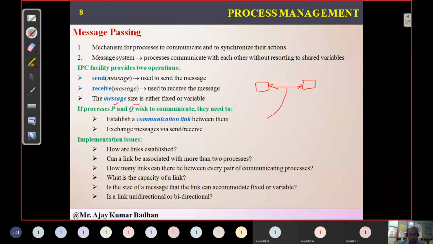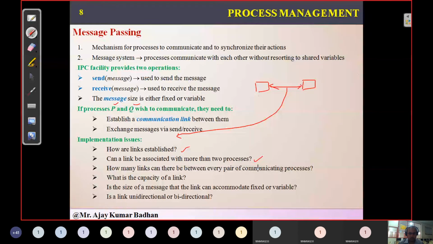Now this communication link can have certain issues, like how this link can be created. Whether it is associated with two processes or with multiple processes. For example, in your WhatsApp, if you have a group, you are chatting in your group. You are associated with multiple people. 54 students are there, so 54 processes are communicating with each other, isn't it?